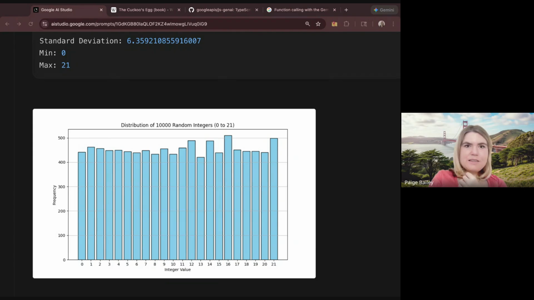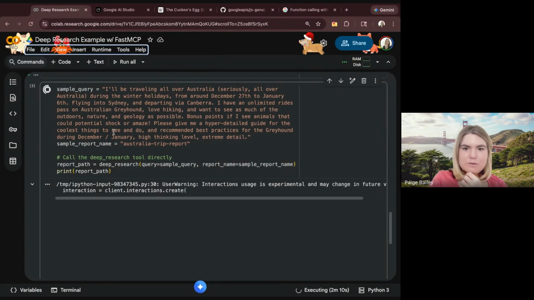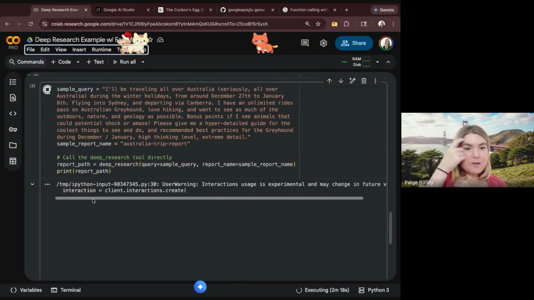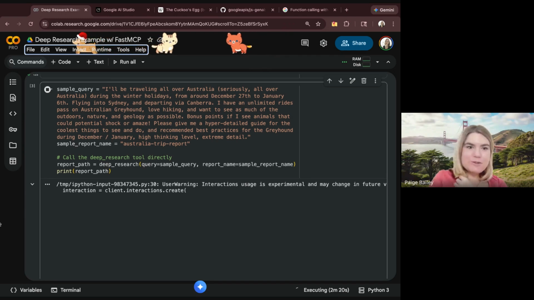And it looks like restarting the runtime is doing its job, and so our deep research query is running. And while it's running, I will look back